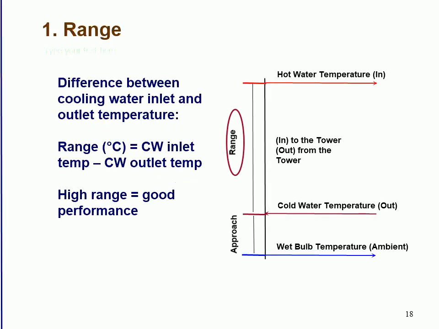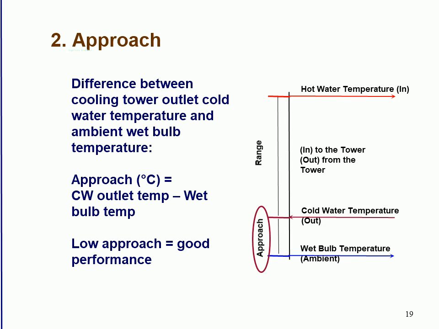The range is the difference between the cooling tower water inlet and outlet temperature. The formula for cooling tower range in degrees Celsius is cooling water inlet temperature minus cooling water outlet temperature. A high cooling tower range means that the cooling tower has been able to reduce the water temperature effectively, and is thus performing well. Approach is the difference between the cooling tower outlet cold water temperature and ambient wet bulb